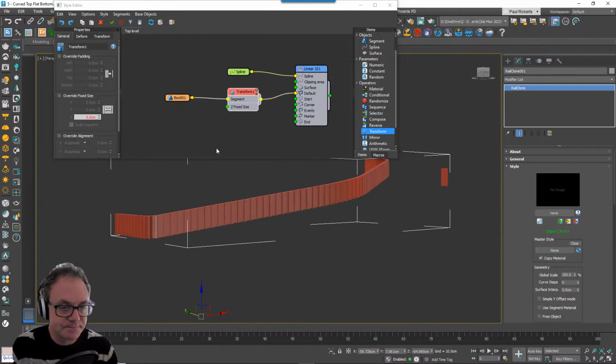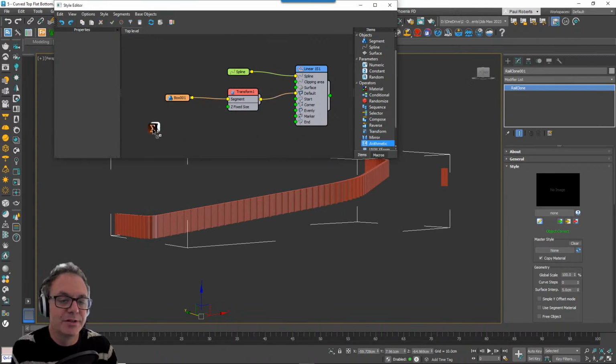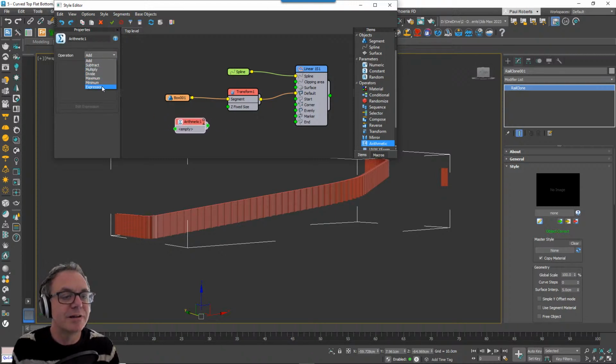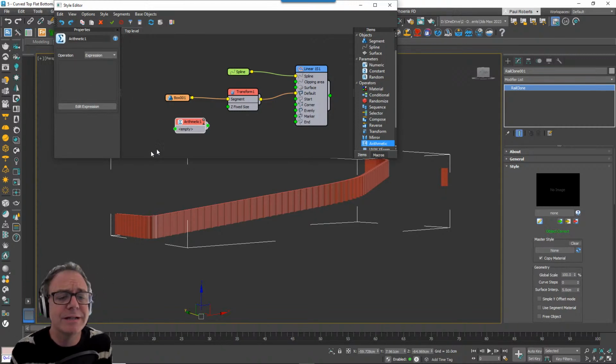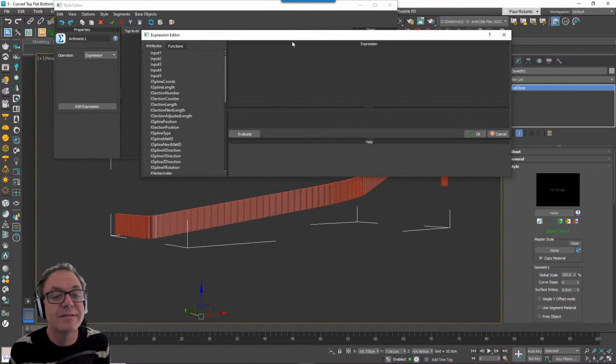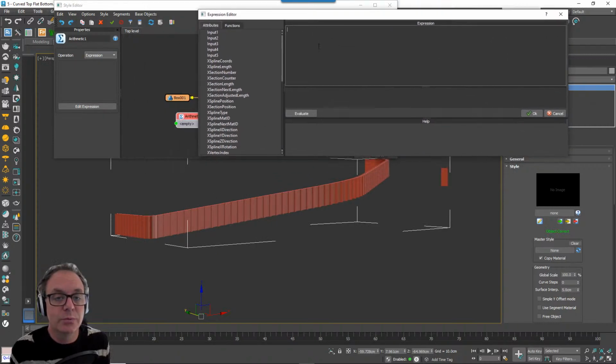Now, gosh, talking a lot about the arithmetic node today, but people often ask for this, so no harm in going over it a few times. This is the arithmetic node again. I'm going to change it to expressions so that I can access some attributes of the graph that aren't normally available. I'm going to wire it to the Z fixed size input. Open the expressions editor, and once again I want to output a value, so I'm going to type return.